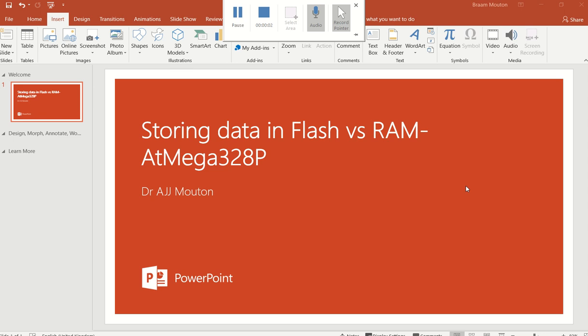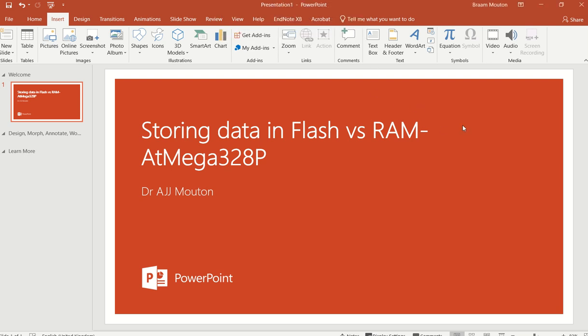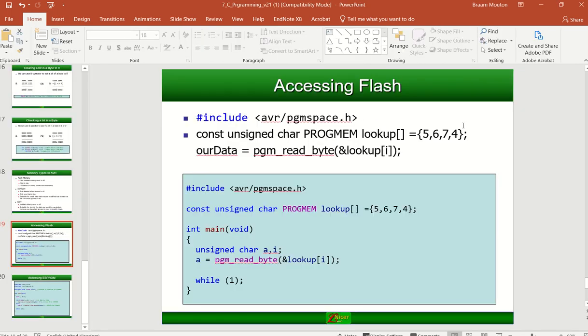In this video I'm going to show you how to store data in flash memory versus storing it in RAM memory, and this is for the AtMega328P. In a previous video I actually stopped here, and what we saw there is that you can also access flash. Now if you want to access your flash, that means you can also store data in your flash memory and